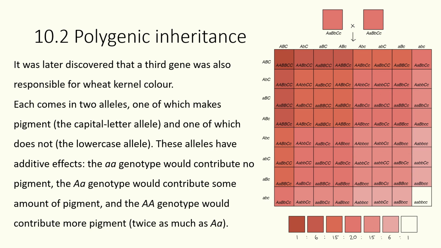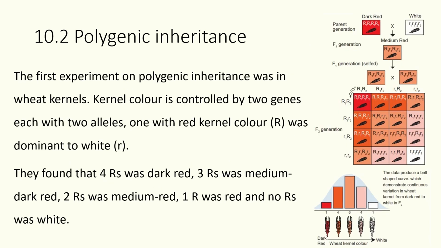But in this example here, we're representing each allele with a letter, the capital being the dominant, which is the red pigment, and then the lowercase being the recessive, which is the no pigment. And you can see the huge spectrum we can get there. And this is effectively a trihybrid cross,